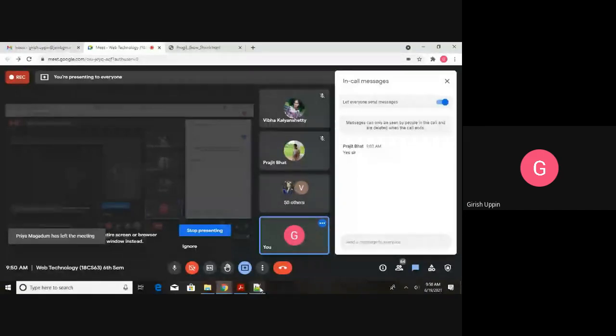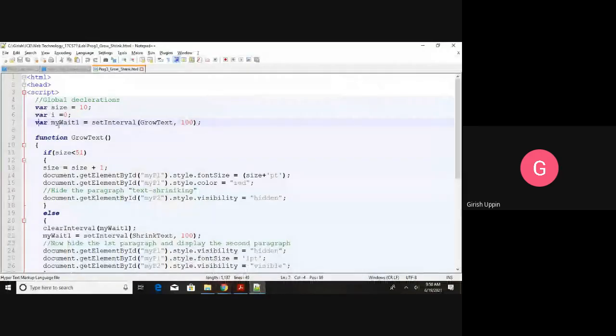I have three variables. This setInterval is a function that is available in the window object. What it will do is set a schedule, and what is that schedule? That schedule will run the function given here.